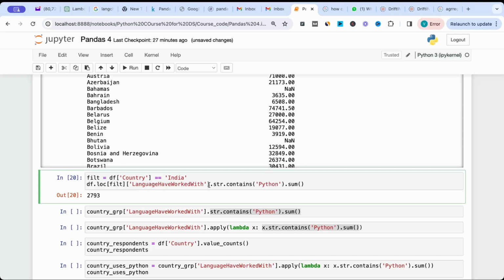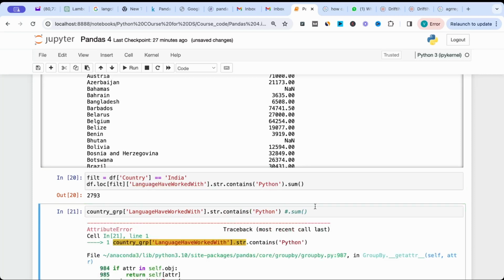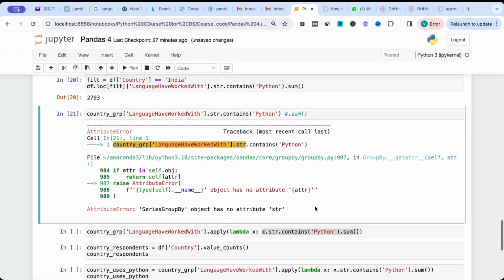But can I do the similar thing on a group? Let us execute and see if we can achieve it or not. No, we are getting an error. The error says series object has no attribute called string. On a group object, you can't apply the string functions directly, but we can do something and we can apply the string functions